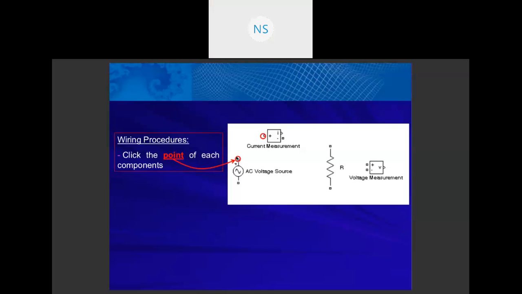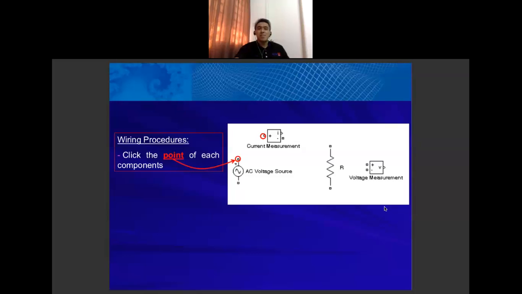Just click at this point and then click until this point, then you can perform the wiring procedure and connect all of these components. Please take note: if you want to measure current, you have to arrange the current measurement in series connection. And if you want to measure voltage, you have to arrange the voltage measurement in parallel connection. Clear?